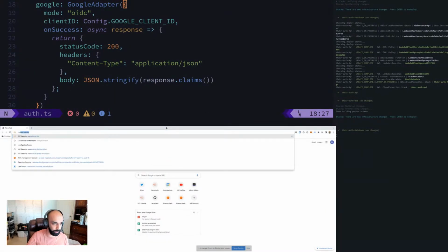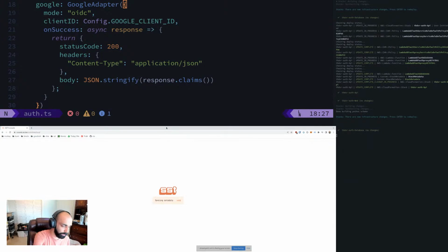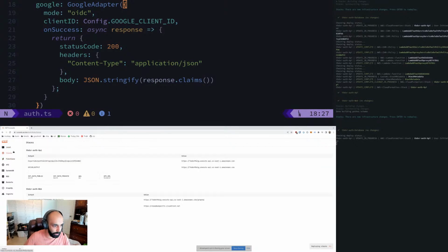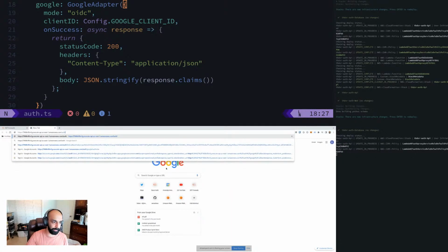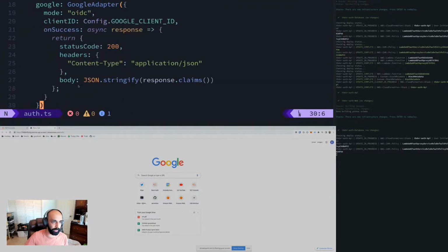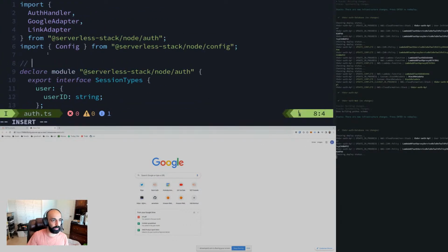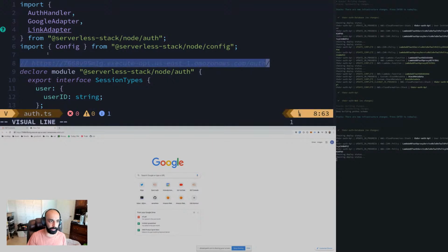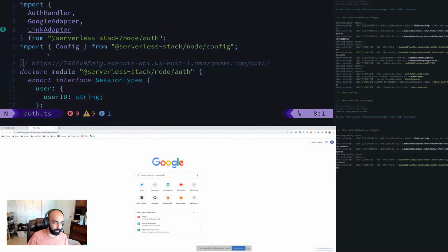Go to the console. The default route it creates is under, and I can actually make this part bigger, so I'm going to copy it up here so people can see it. It'll create routes under this auth prefix. You can customize this if you want this to go somewhere else. That's fine. So if you go here,